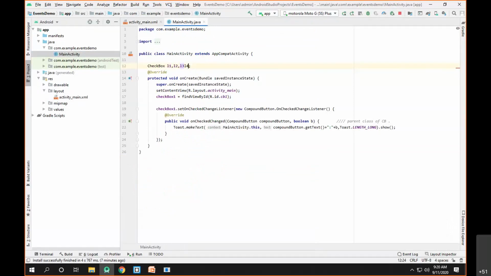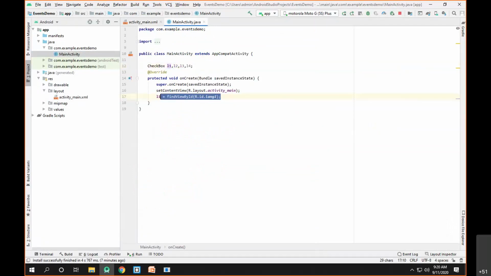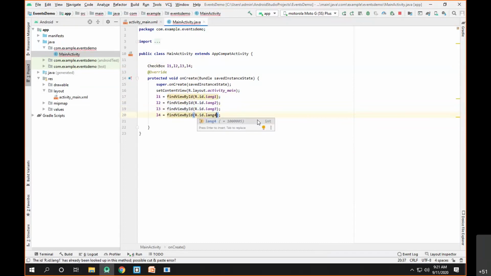And so I can say L2 is equal to R dot id dot lang2, L3 is id dot lang3, and L4 is equal to find view by ID R dot id dot lang4. We have mapped the four boxes to the four different references.